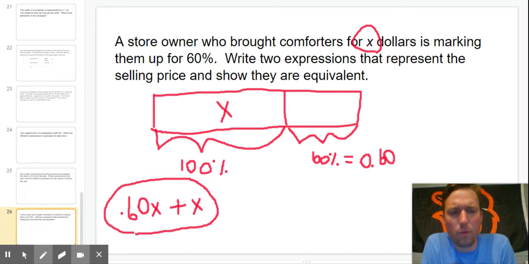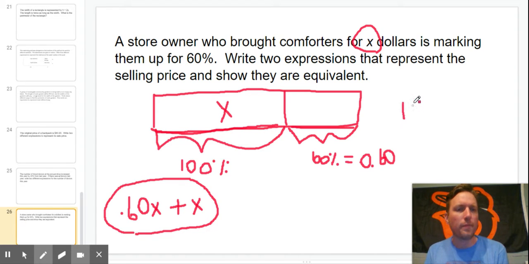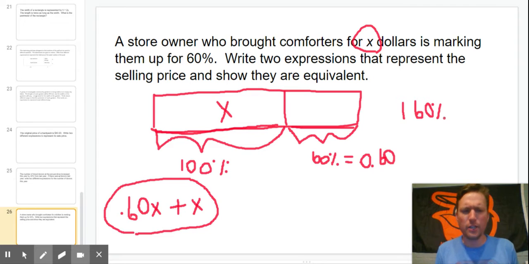Now, can you think of another way that you could write an expression to solve this? Another way would be to think of the percents. I have 100% plus the 60%, and that would equal 160%. Now, how could I write 160% and use that to figure out my expression? Well, again, I would convert 160% into a decimal. 160% as a decimal would be